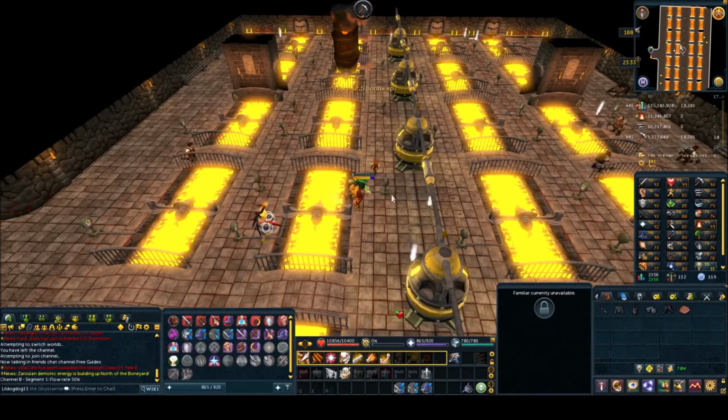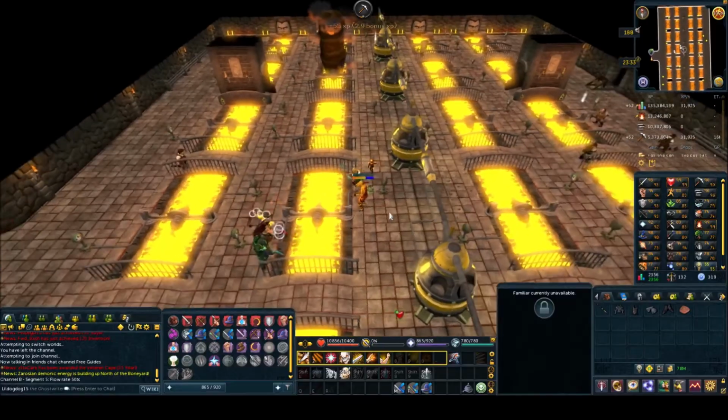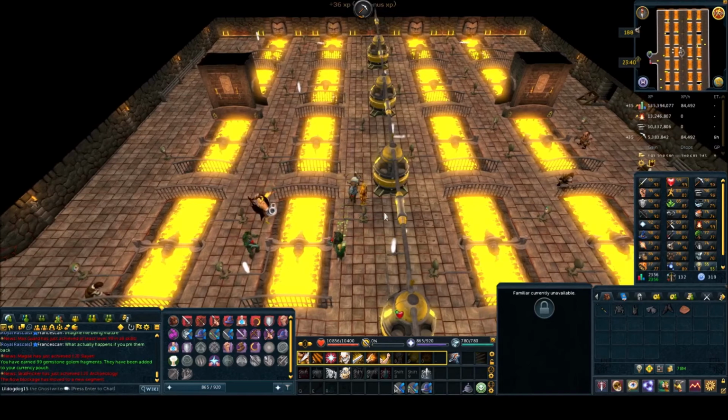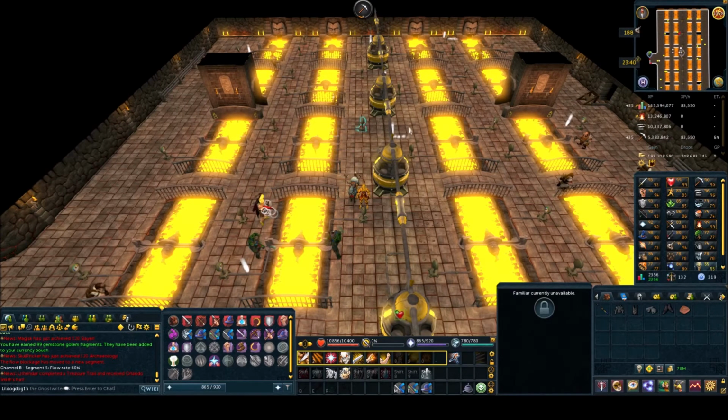But it's not going to stay in that spot forever. It could move anywhere else to any other segment in the mine. So once this segment is done, if you want to maintain that perfect experience rate or near perfect experience rate, you're going to want to go find the new segment. So eventually while mining, you'll get a notice in your chat box that the flow blockage has moved to a new segment. Now the first thing I do is I check the steam valve closest to me